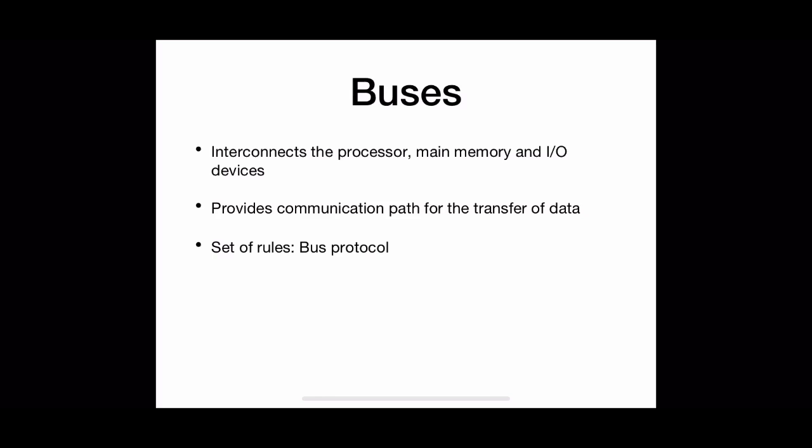So we can see these bus protocols in detail, and also, to support the implementation of this bus protocol, there should be some mechanism to provide timing information. That is, some of the control signals in the bus should carry timing information, and these signals specify the time at which the processor and other I/O devices may place data on the bus, receive data from the bus, etc. Based on how the timing is managed, two different bus transfer schemes are there: synchronous bus and asynchronous bus. So we can see these two schemes in detail.